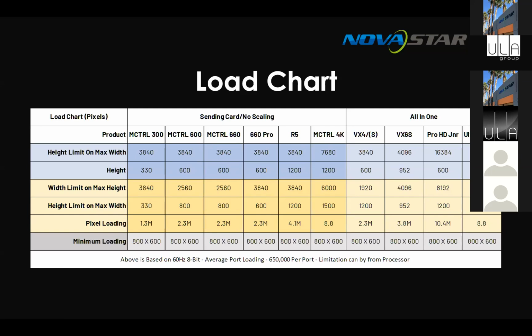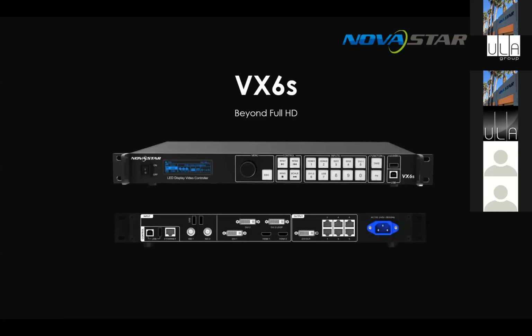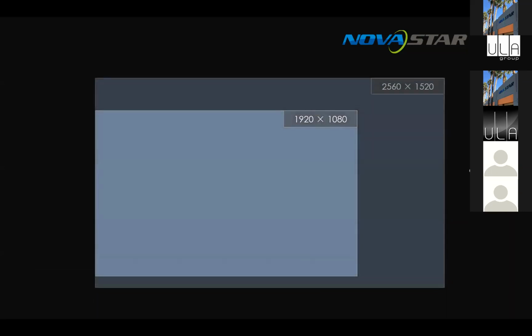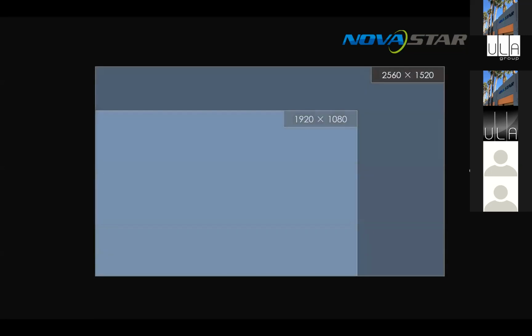I'm just going to touch over briefly on the VX6 and what it does in the new generation processors. Fundamentally, as you can see with this, there's plenty of ins and outs on this, as well as 6 ports. So it'll do extra output, extra loading over the normal VX4, I guess you could say. So that's a traditional VX4. The VX6 will do a maximum pixel size because of the 2 extra ports of that. So it will go over HD. But once again, it depends on your use case.